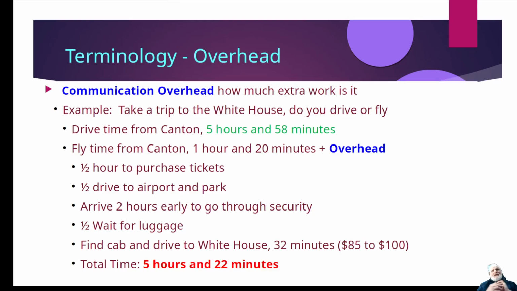So let's consider that we're going to drive to Washington, D.C., to the White House, right? The president's invited us for dinner, so we've got to get to the White House. And so we have one of two options, right? We can just jump in the car and start driving. Well, I looked at Google. According to Google, it'd take about 5 hours and 58 minutes, call it 6 hours, to drive to